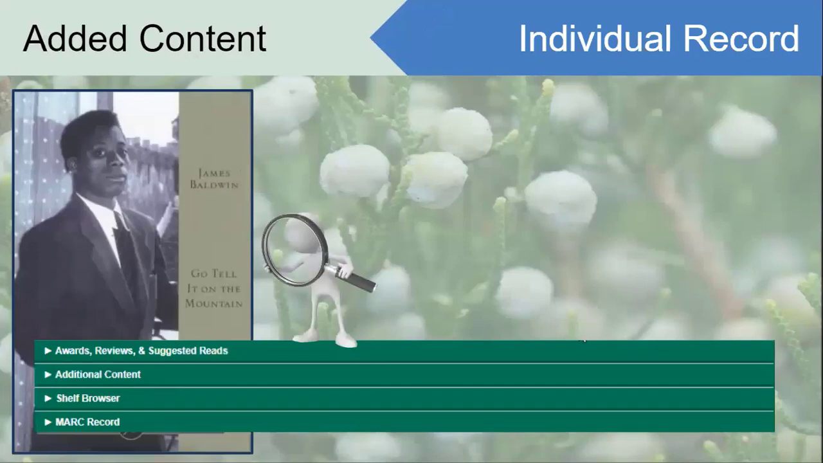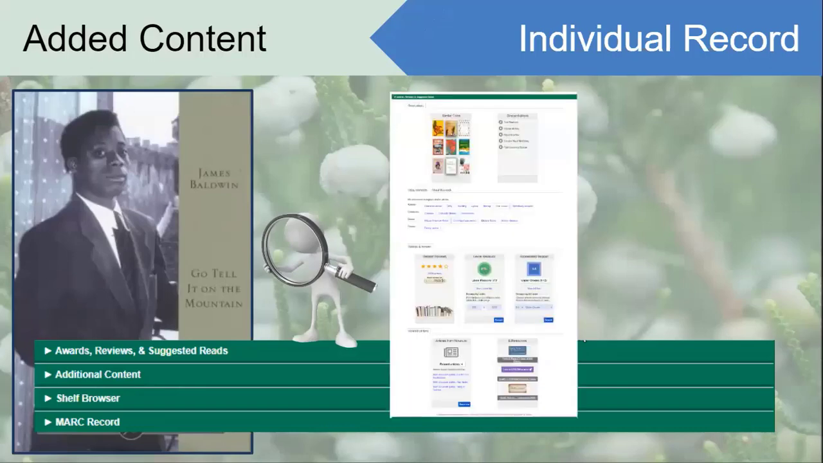While these look like drawers, they're links. If you click on one of them, the first one here is awards, reviews, and suggested reads. This has changed pretty significantly in the past year or so. I know this is a very small representation of that screen. I would encourage you to go in and take a look at some of your holdings if you have not before. This content is provided through Novelist, which is a service that we pay for to add additional content into